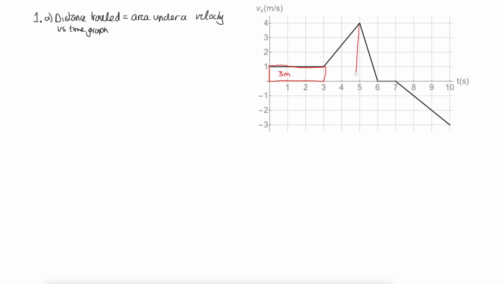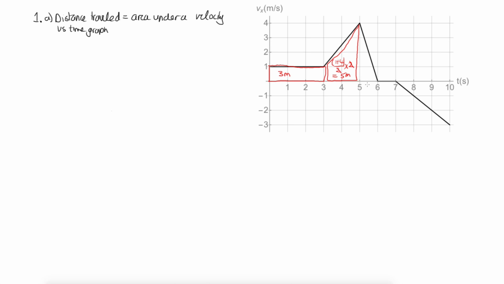We've then got this trapezium here. Now the height of this side is 1 and the height of this side is 4. So the average height, 1 plus 4 on 2, and then we times it by the width, and it's got a width of 2. So we can see that those 2's will cancel, and we've got 5 meters traveled in